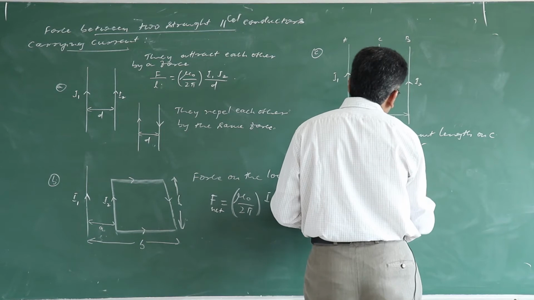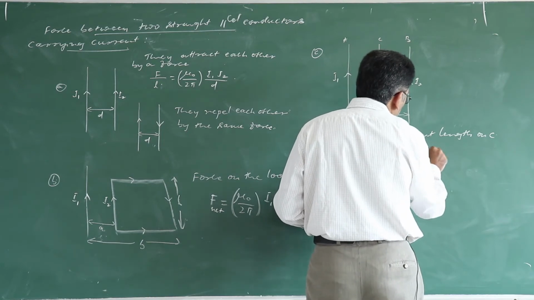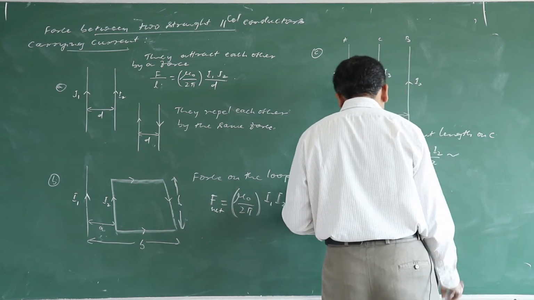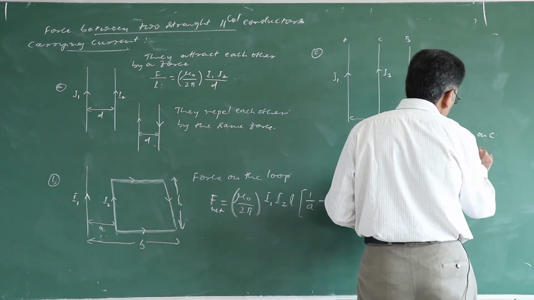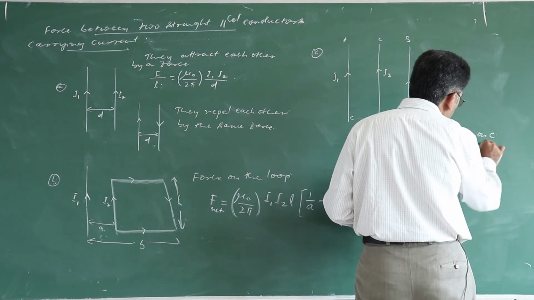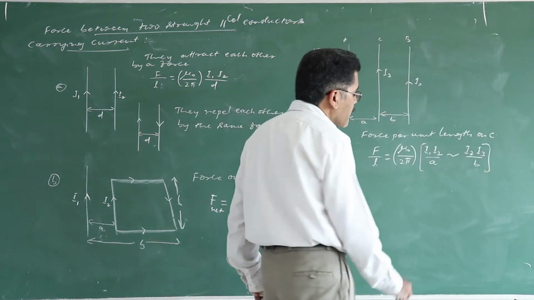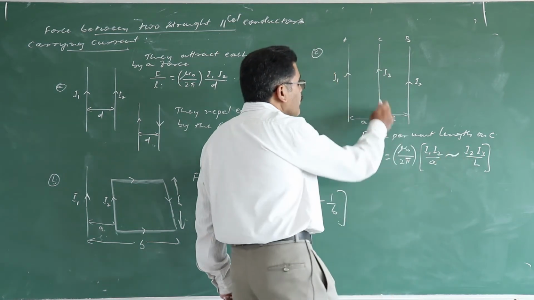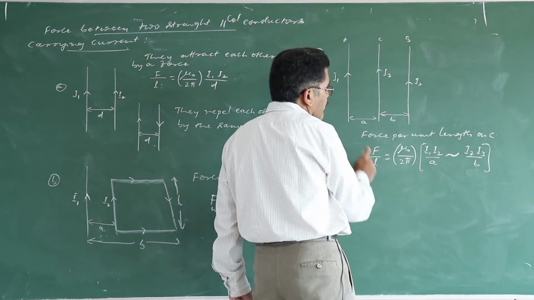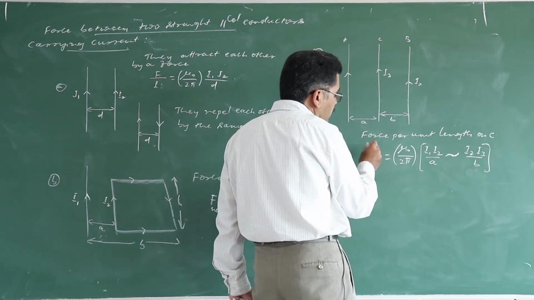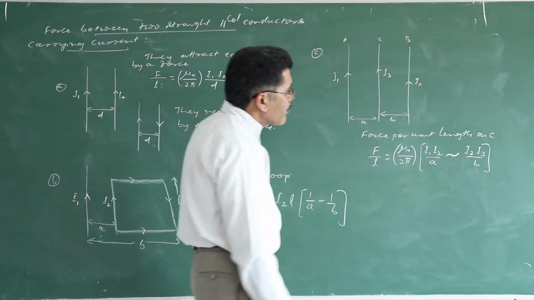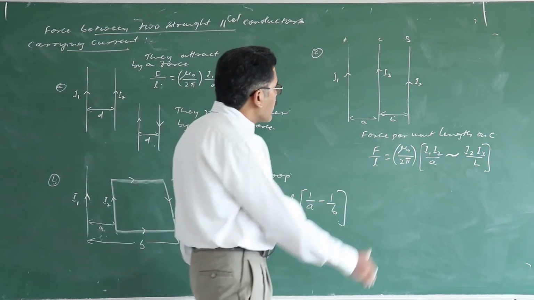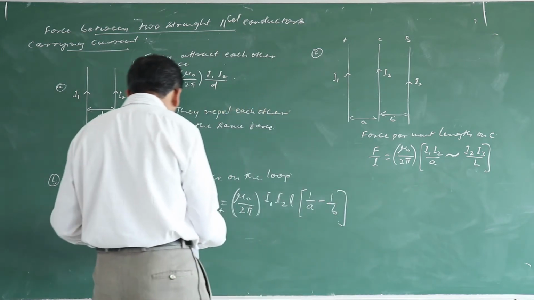So it is given by I1 I2 by A, difference I2 I3 by B. So whichever is greater you must take it. See, this is the difference, the net force. There will be attraction between these two and there will be attraction between these two. So if you want to find out what is the net force acting on C, you must take the difference, whichever is greater, from which you have to subtract. So therefore, net force is given by this.